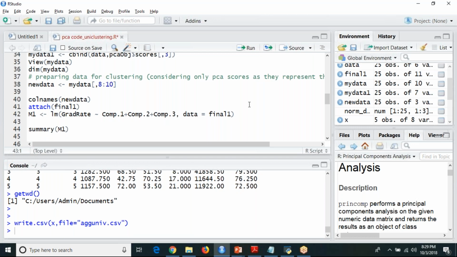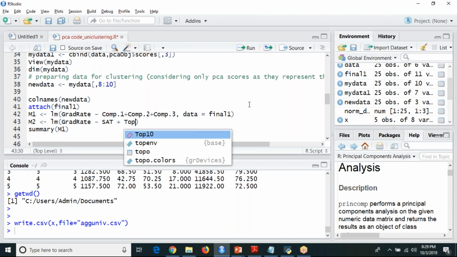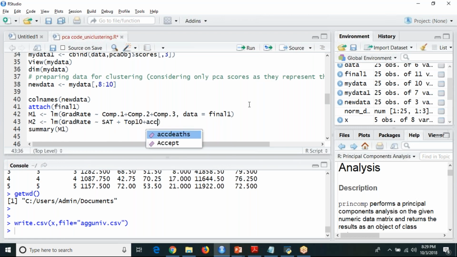I'm also going to build one more model called model 2, predicting my same graduation rate using all the original columns, like SAT plus top 10 plus acceptance ratio plus student faculty ratio, SF ratio, plus expenses.